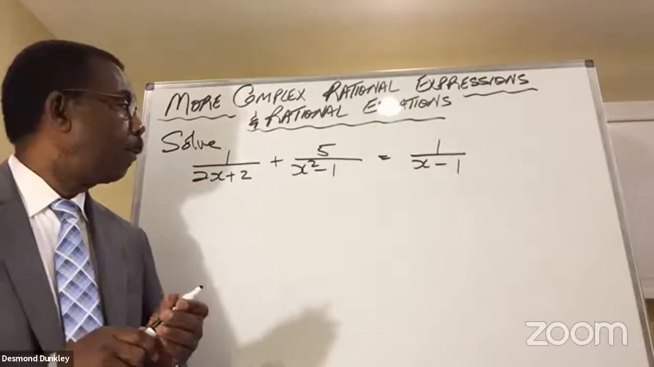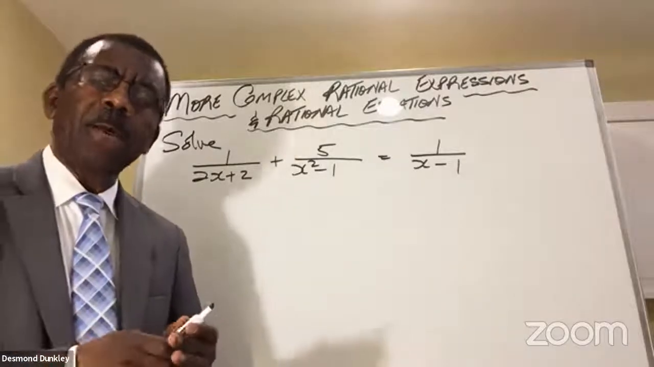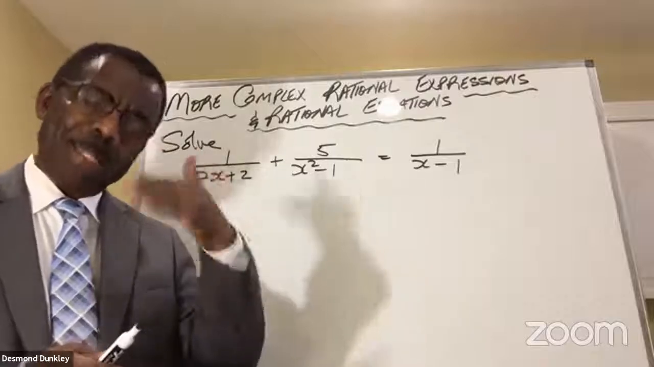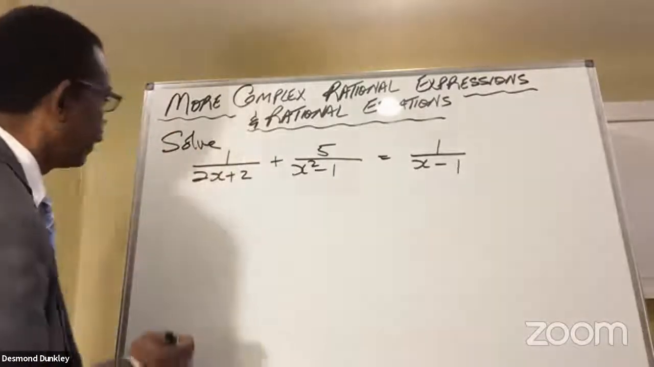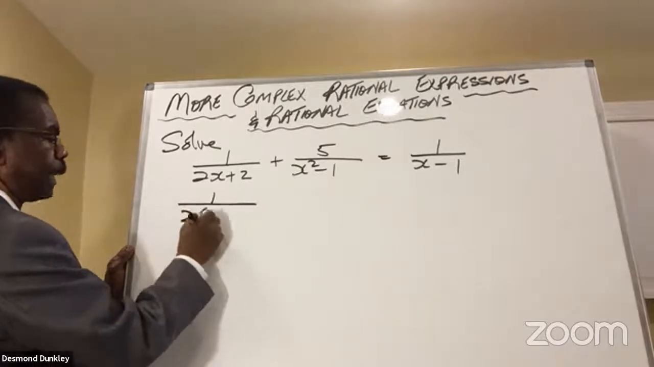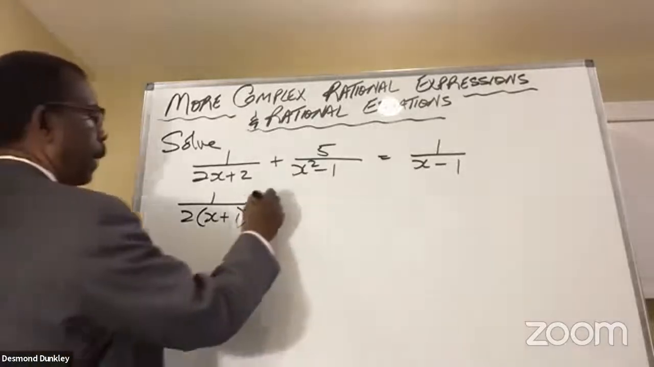Okay? So how have we been finding the common denominator? We have been actually factorizing each denominator first, and then we create our common denominator. So this becomes 1 over 2 times x plus 1, plus,